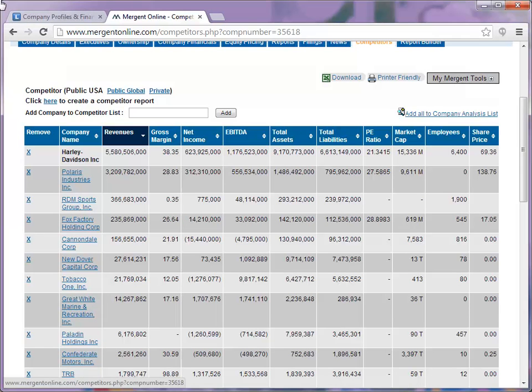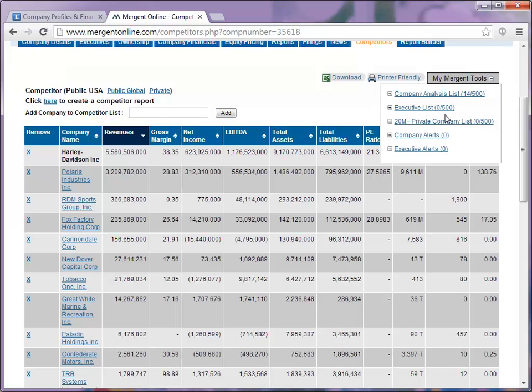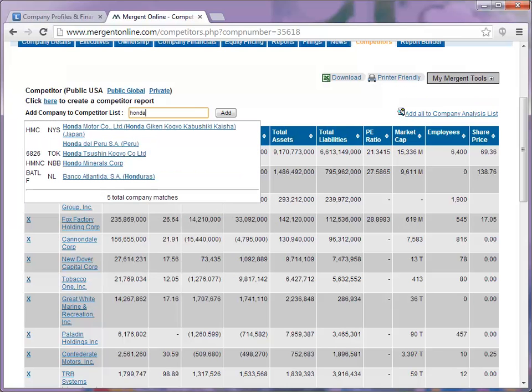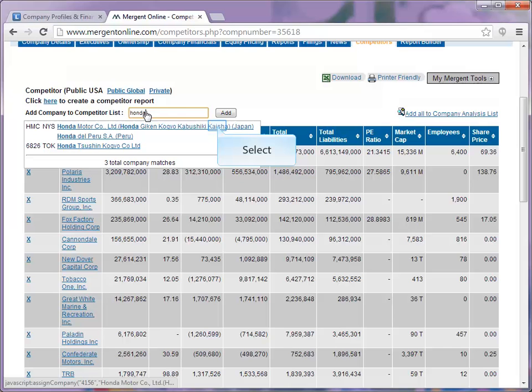If you want to include the companies that Mergent considers to be your company's competitors in your comparison report, you can click on the Add All to Company Analysis list. If there's a company you do not see in the list but you want to compare your company to that company, you can add them using the Add Company to Competitor list search box. So select your company from the drop-down list,